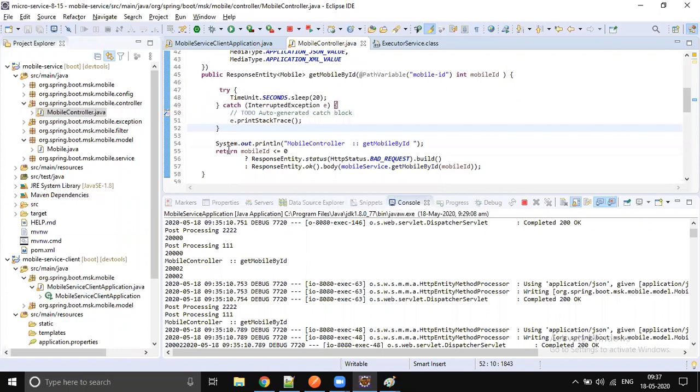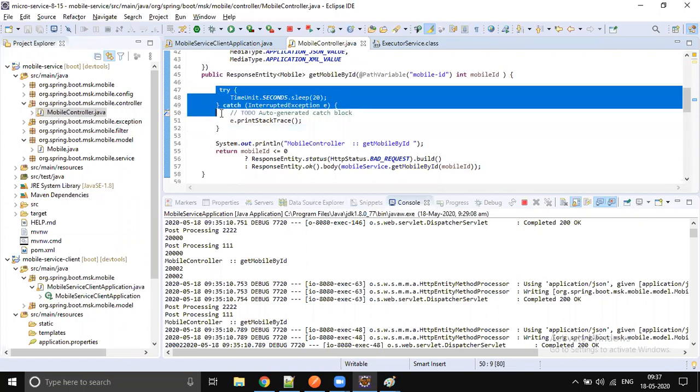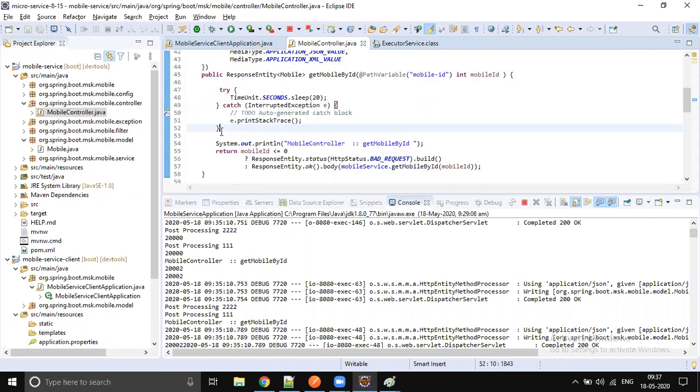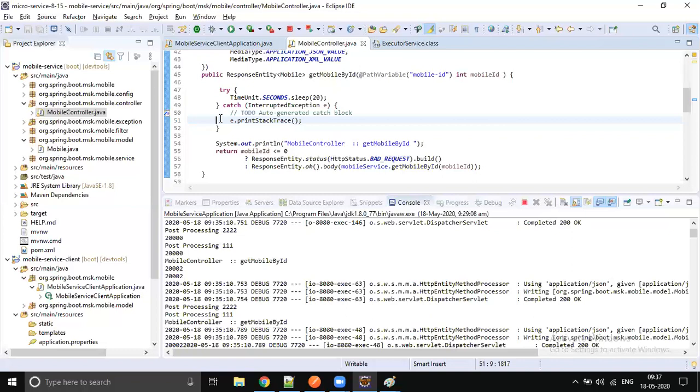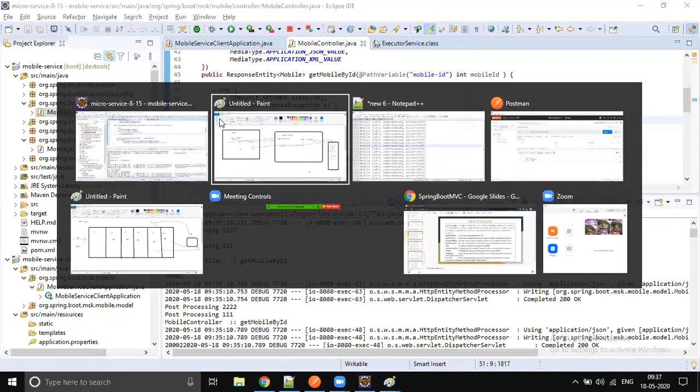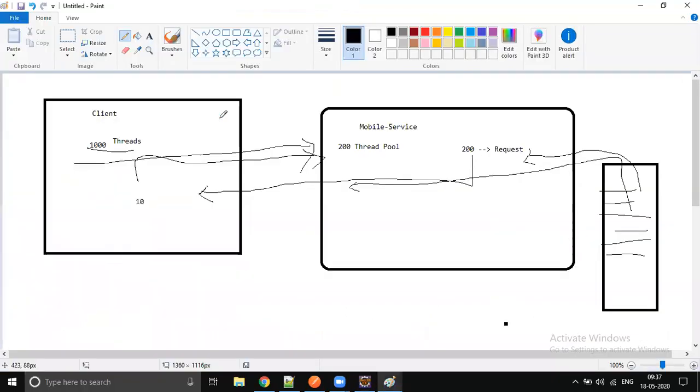But in the case of non-blocking or reactive programming, it won't be blocking here. Instead of sleeping, it will go and take the next request and process it, if there is any task it can do. That is the biggest benefit of reactive programming.